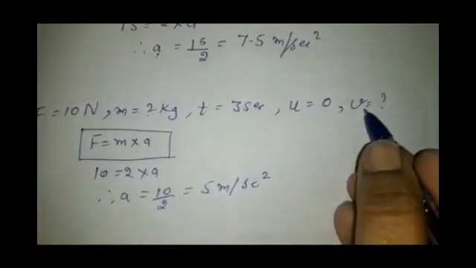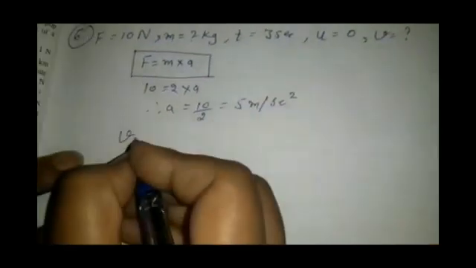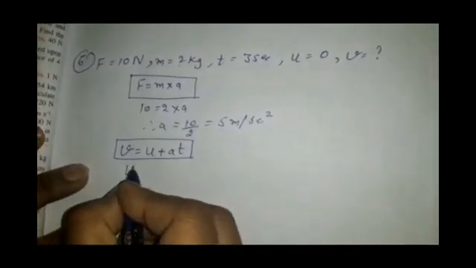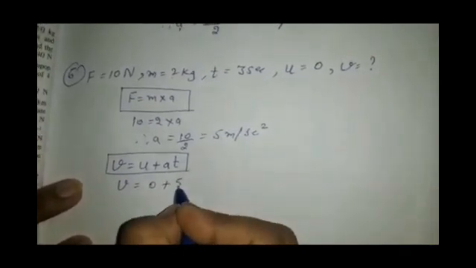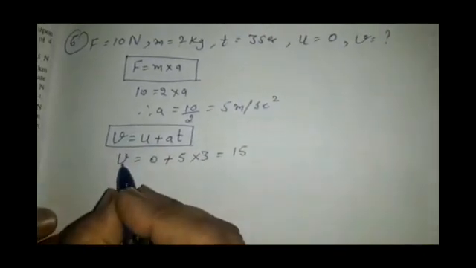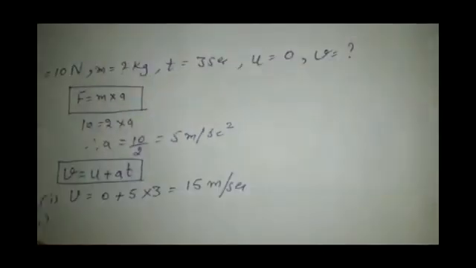Now children, what do we have to find? We have to find v, final velocity. Now from the first equation of motion, which we have also done in the second chapter, v is equal to u plus at. Now put the value. v is equal to u, which is 0, plus a. Just now we found a, 5, into time, we know it is 3. So your answer will come 15. Now see the unit. It is velocity. So it will come 15 meter per second. Now children, the second part was change in momentum of the body. This was your first part.